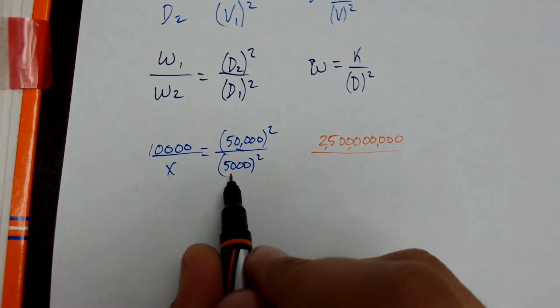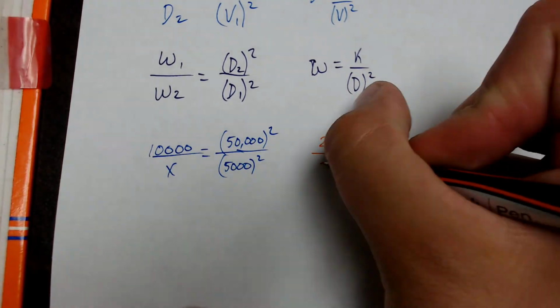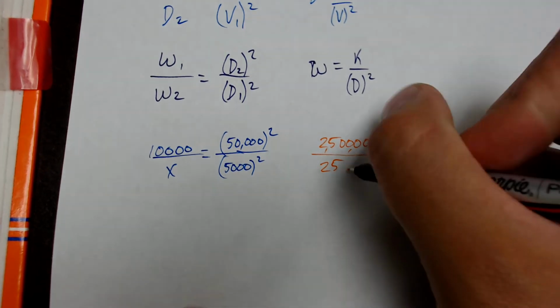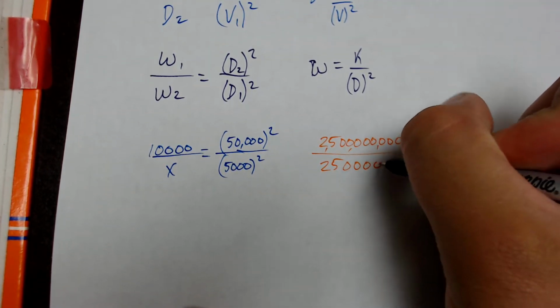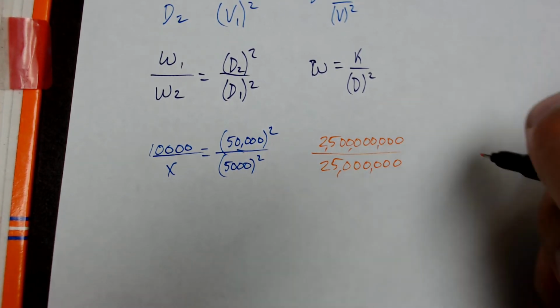Now for the denominator, 5,000 squared, same thing. I'll cover up the zeros. 5 times 5 is 25. I've got 3 zeros, so I double that and make it 6. Okay, so this is equal to